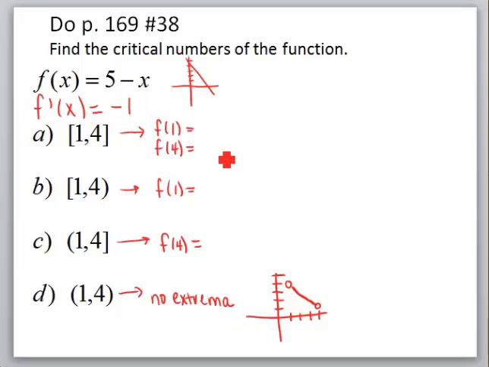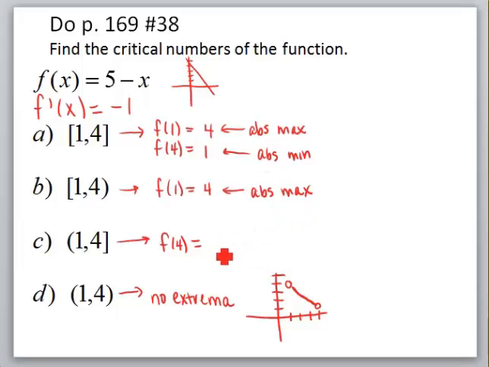Going back up to these other ones, I'll go ahead and find what is the y value at 1, which is 4, and what is the y value at 4, that's 1. That means that this is its absolute max, and this one is its absolute min. This one I just plug in 1 and I get 4. Knowing what the picture looks like, I know that this has to be an absolute max rather than an absolute min, and from the prior example. And then when I plug in 4 here, I get 1. So this has to be the absolute minimum of this one, not an absolute max, because I know what the